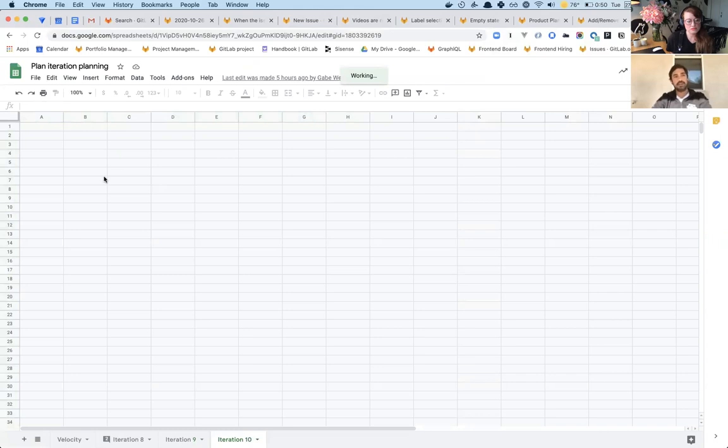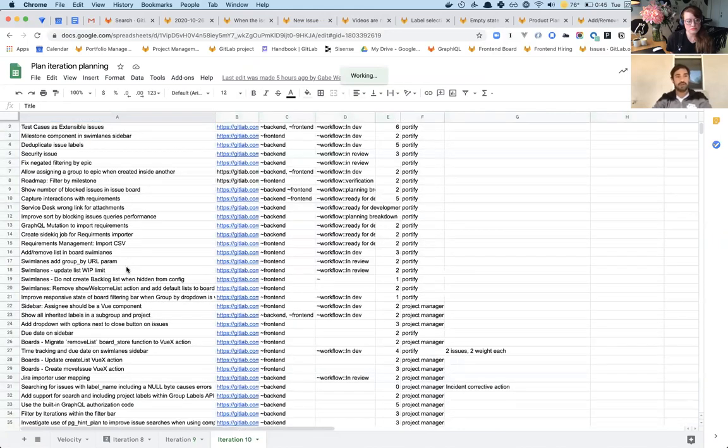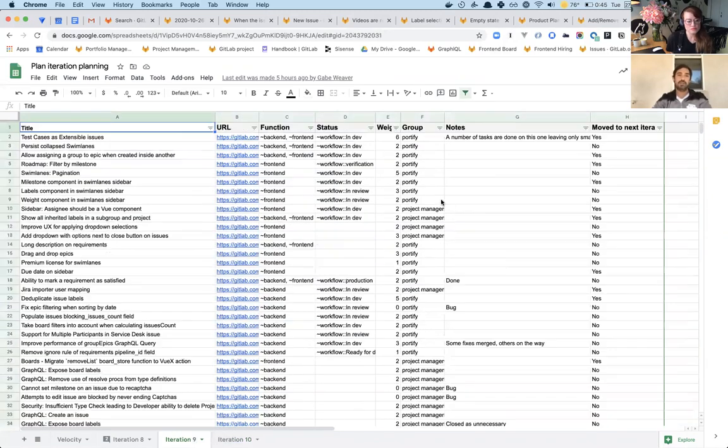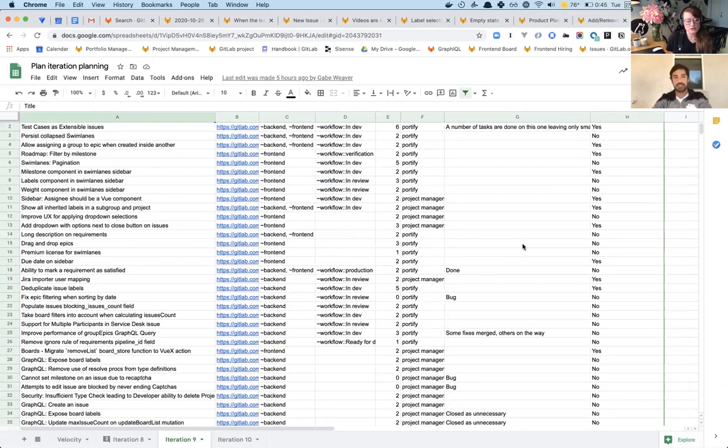At the beginning of the iteration, we'll come in and add all of the issues that we commit to, and we'll put in some basic information here. And then at the end of an iteration, we mark down if it's either done or it's carrying over to the next iteration. And that way we can use this to create some